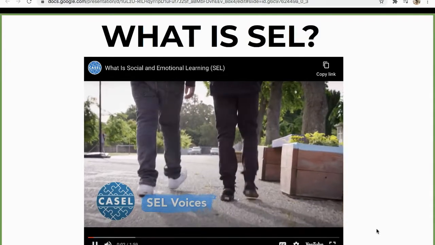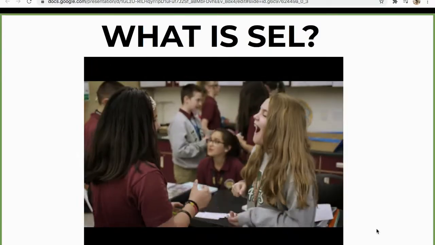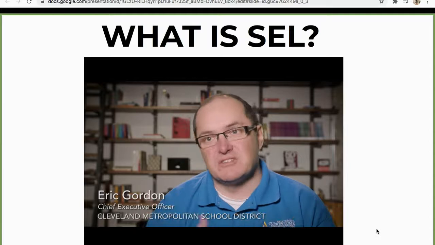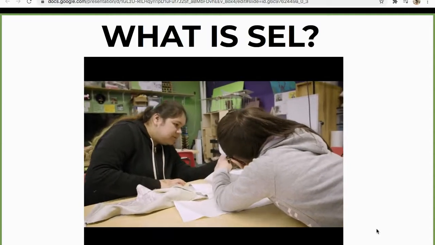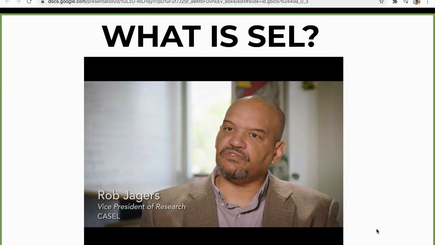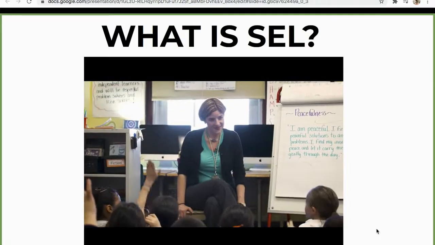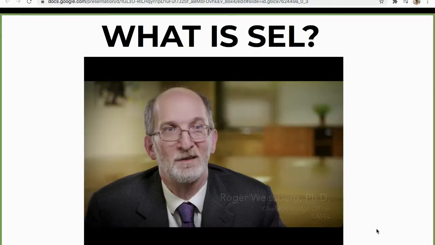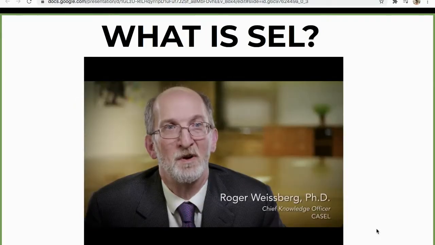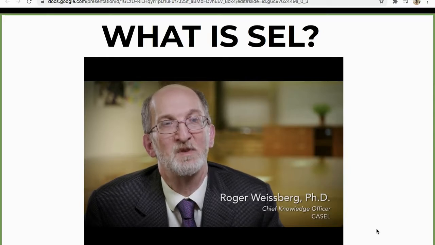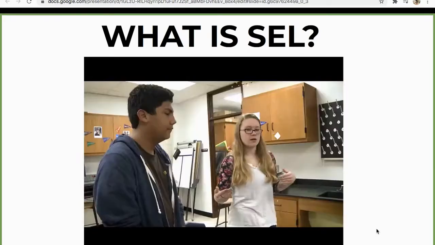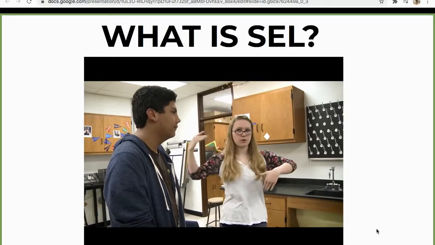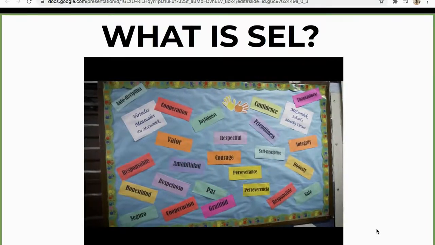Social emotional learning is essential. It's the tools that kids need to be resilient, to be problem solvers, to be good people. SEL is really about the holistic development of young people. SEL is trying to bring a balance to the individual and what are the personal competencies you need to develop to be successful. How do you pull them all together so that kids can relate and navigate the world more